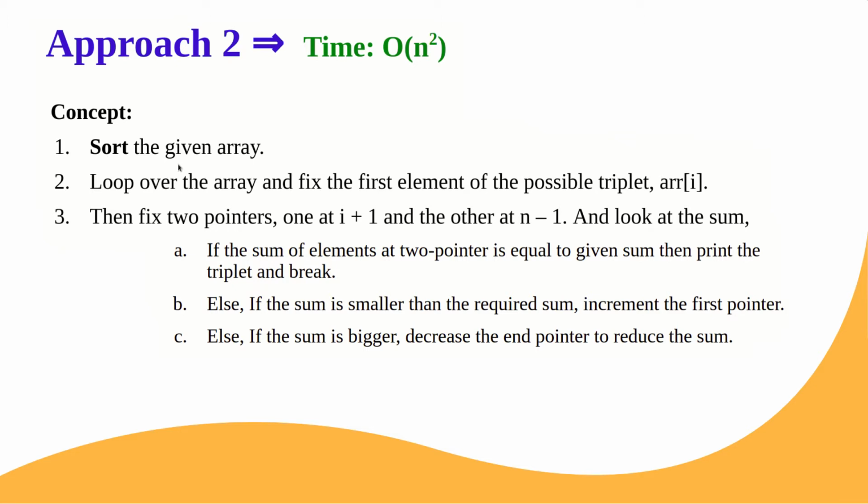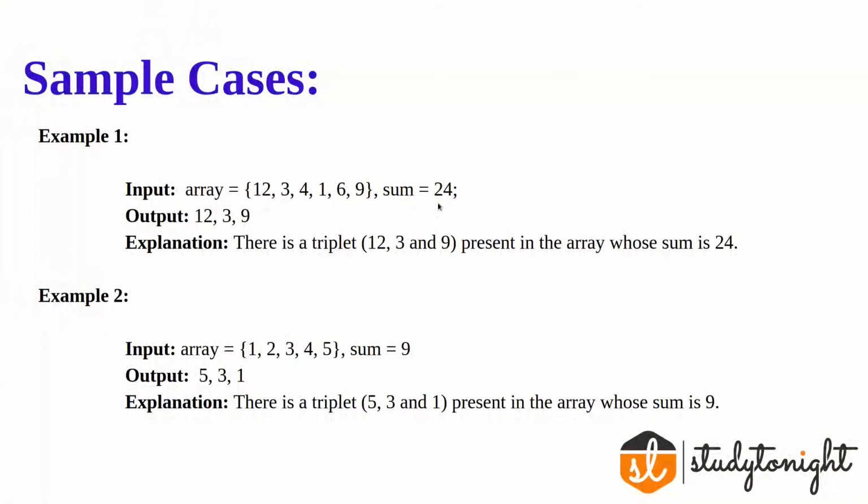So what is the logic? If your sum is greater than the value you require, that means the value to be added should be decreased. Think about it. If the sum of the 3 numbers is less than the required sum, what does it mean? A number greater than one of these 3 is required. You have fixed one element, so you can just move the next element towards the right. Let's have a look here.